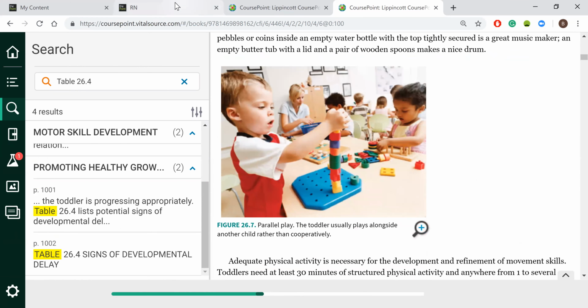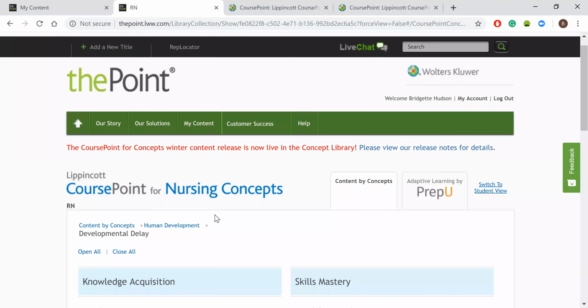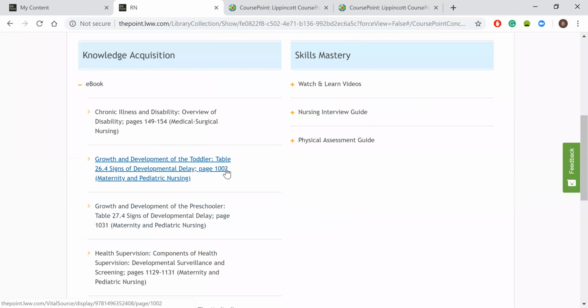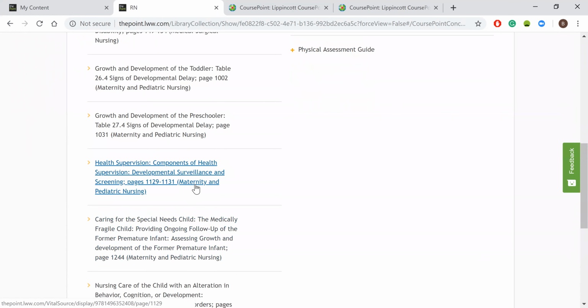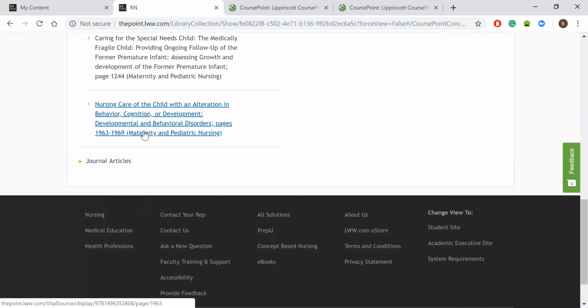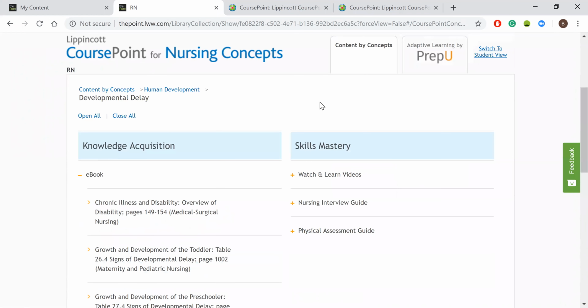Okay. So if that is the only place where it's telling you to go, that's the only thing you need to do. If there's a range, then you look at the range. Then it goes to the next table, which is on 1031. Then your next piece, when you're looking at the health supervision, now you have a couple pages to read. This one is just one page, so it must be something specific to that. Does that make sense? Yes, no, maybe? Yes. Okay.